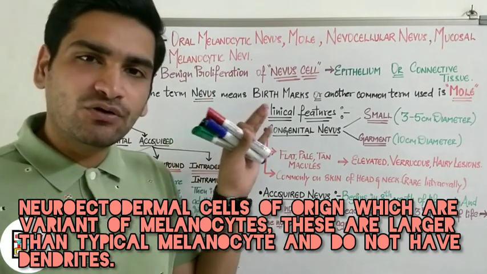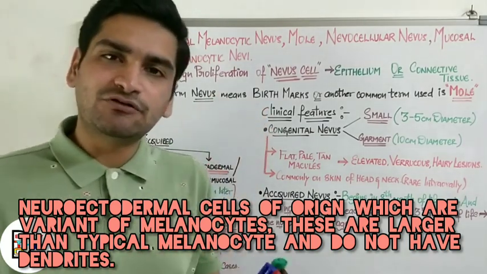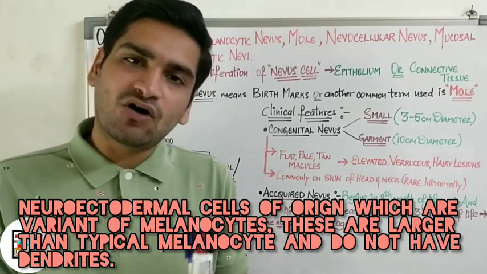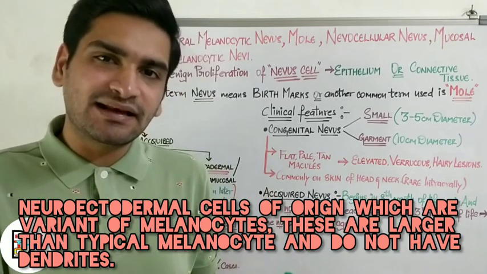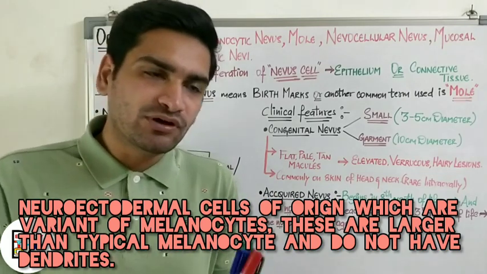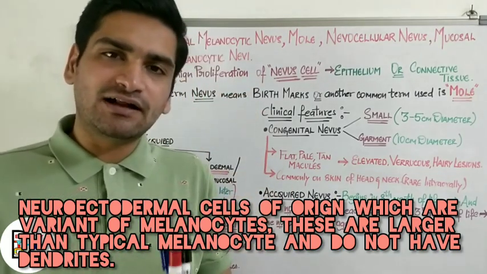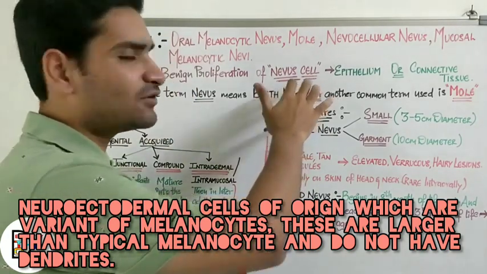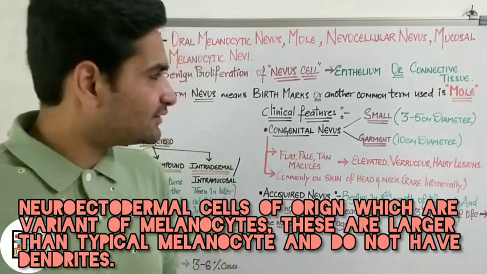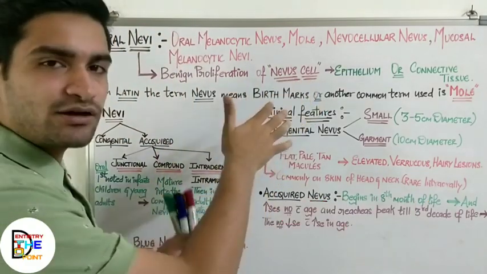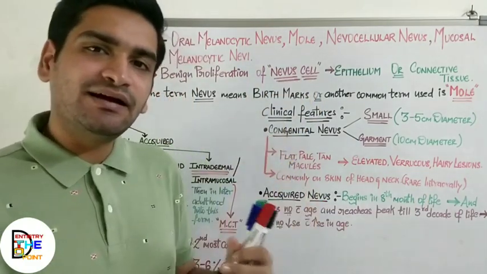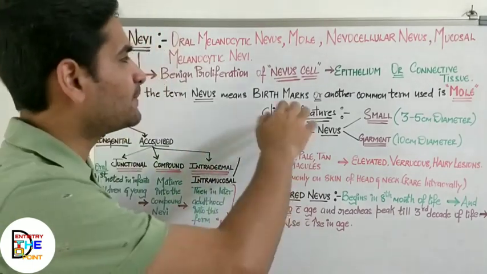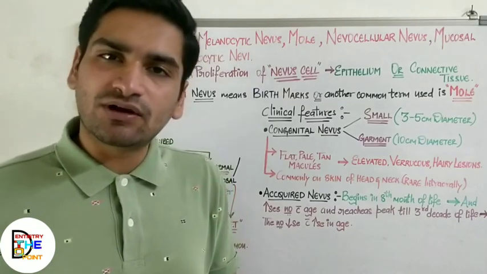Now as these are neuroectodermal in origin, when they are produced, they reach their specific site, that is the basal layer of skin and mucous membrane. Wherever the basal layer of skin and mucous membrane is, they go there, settle down and start their production of melanin. Now the production of melanin is dependent on various factors, but when the production of melanin pigment is excessive or not in the control of the body, this leads to a tumor, that is oral nevi.